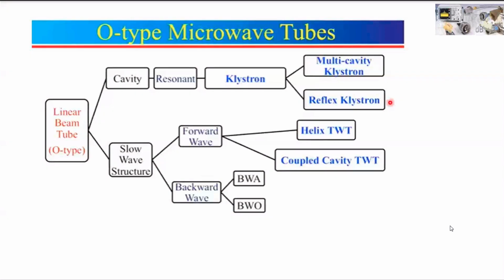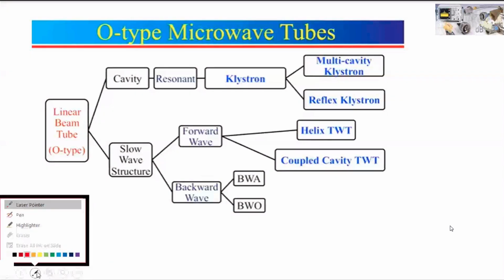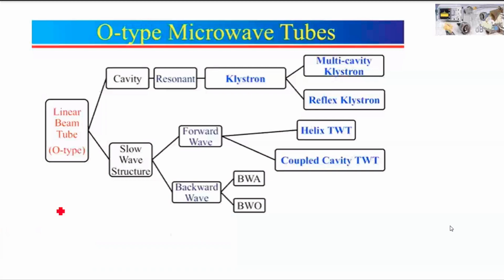So a very famous question comes here. Which of the cavity type resonant tubes acts as an amplifier? Your answer should be multi-cavity klystron or two-cavity klystron. Two-cavity klystron or multi-cavity klystron acts generally as an amplifier. Now, reflex klystron acts as an oscillator because here sustained oscillations are created, because there is feedback from output to input. All these things we'll be discussing in the later slides.